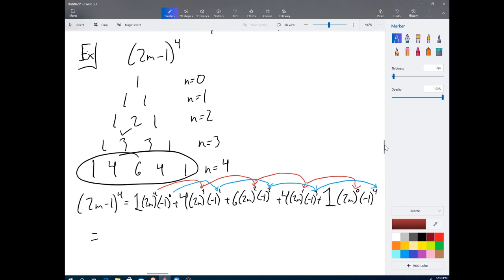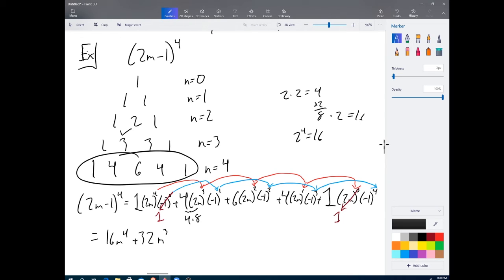So I know anything to the 0 power again is 1. I'm just going to go ahead and take care of that too. And then here I do have 2m to the 4th. So I've got to think 2 times 2 is 4. Times 2 is 8. Times 2 is 16. So in other words, 2 to the 4th power is 16. So here I've got 1 times 16 times m to the 4th, which would just be 16m to the 4th. Let's see, 3 times 2 to the 3rd power is 8. So here I'm going to have 4 times 8, or 32,